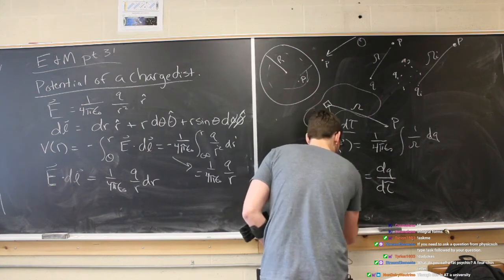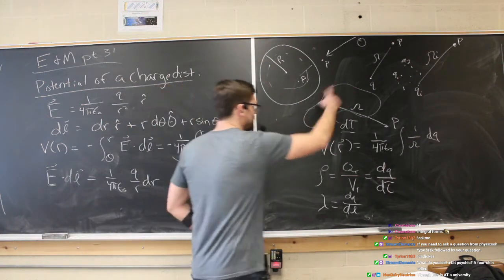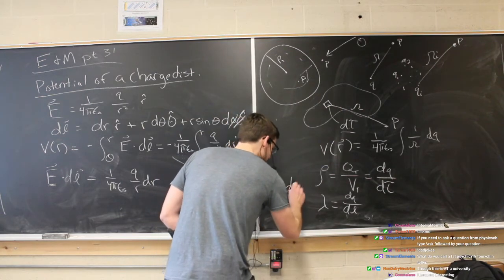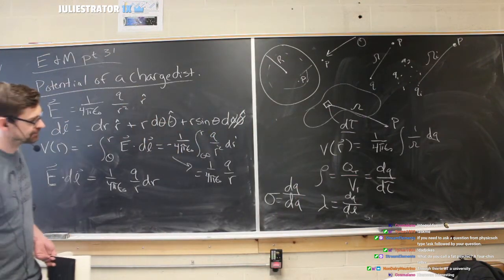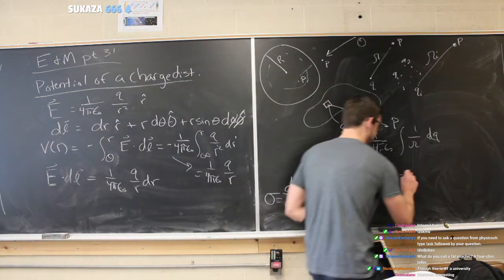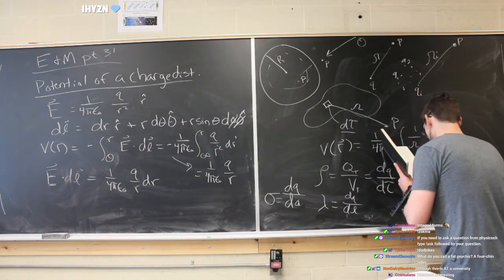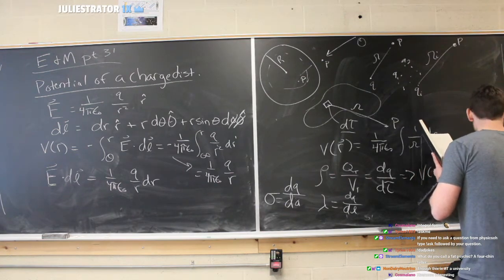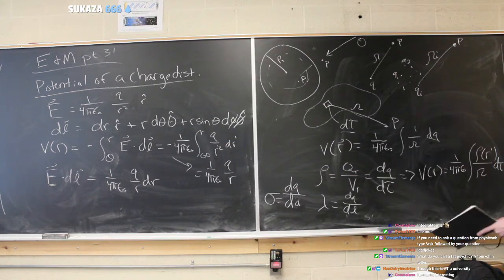We could do the line, which is going to be the infinitesimally small charge over the infinitesimally small line. Same thing, except instead of a three-dimensional volume, we'll have a one-dimensional line. And lastly, we can talk about sigma, which is just the infinitesimally small charge over an infinitesimally small area. Okay? This is an A, not a Q, even though it looks identical. With this one, we can extrapolate a new version, which is V of r equal to 1 over 4 pi epsilon naught, integral of rho of r prime over crazy r, d tau prime. Okay?